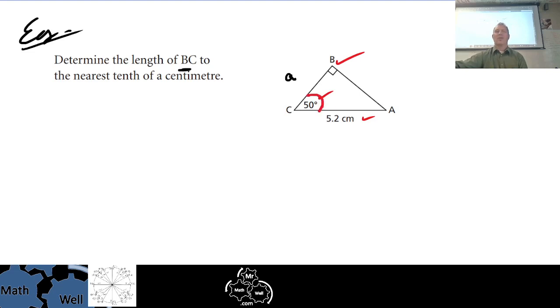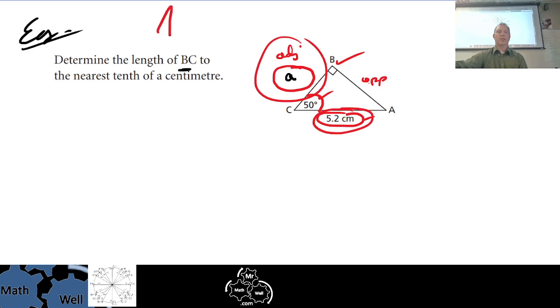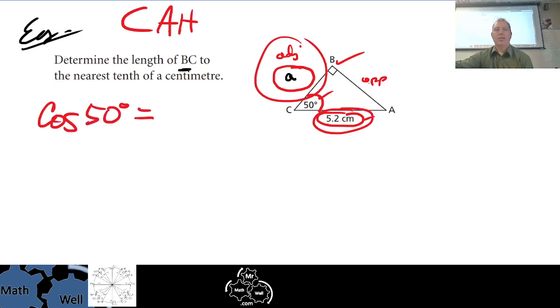So related to this angle, we have the hypotenuse given, and I'm trying to find the adjacent side. Good. This would be the opposite, and this is adjacent. So what involves hypotenuse and adjacent? Yeah, it's cosine again. Nice. So cosine of the angle 50 equals the adjacent side, A, divided by the hypotenuse,